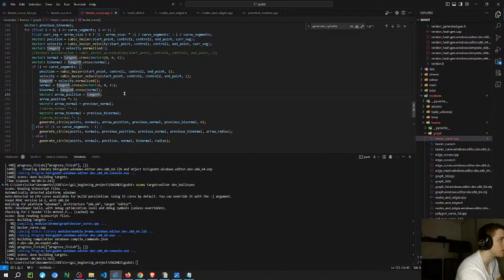But the tangent, the velocity normalized, should, because the plane is being built based on this tangent. So I make the tangent. I'm just gonna put position because